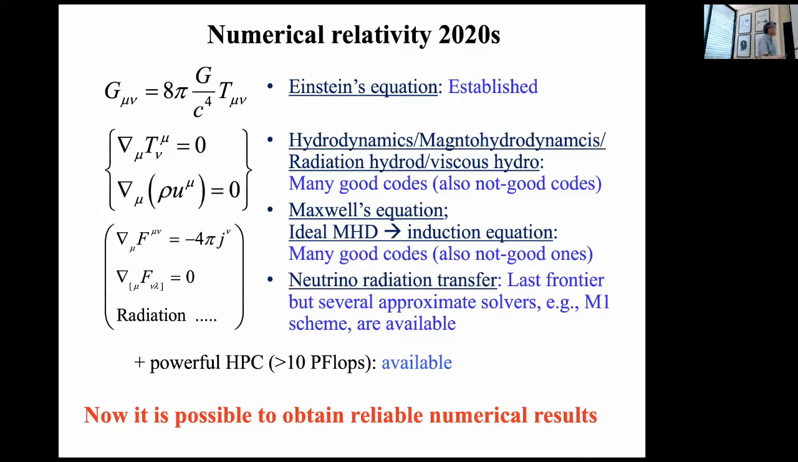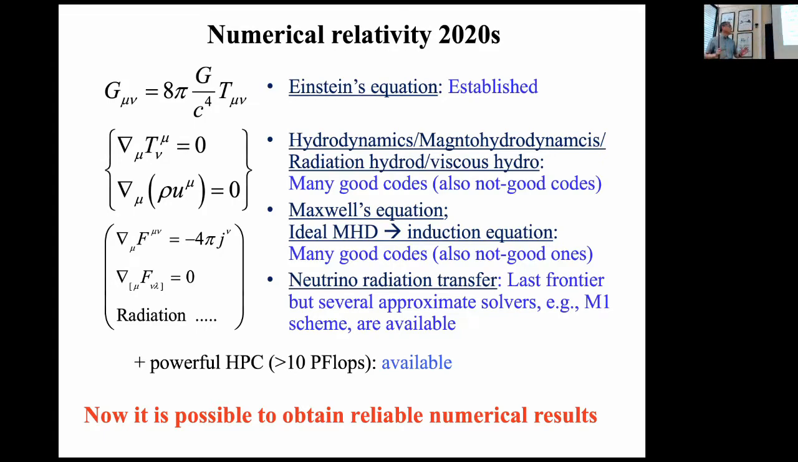Blue shows the current status. For Einstein's equations, methods and numerical codes are well established, in my opinion. And nowadays, there are many good codes for handling hydrodynamics and magnetohydrodynamics. We also know several important codes, but yes, there are many good codes. And also all over the world we have many good codes for solving the Maxwell equation. The last frontier is handling the neutrino radiation transfer equation, because the equation for neutrino radiation transfer